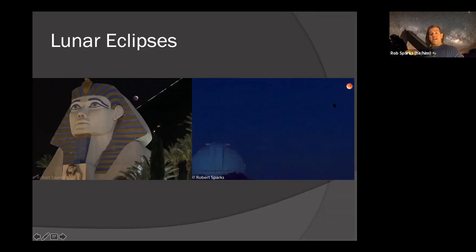And the one on the right is the January 31st, I believe, 2018 eclipse from Kitt Peak with the 0.9 meter telescope. I was on the roof of the 2.1 meter telescope taking this image at the time. That's why I almost said the 2.1 meter telescope. This is also where we saw the selenelion, however you pronounce it, where the setting eclipsed moon was in the sky at the same time as the rising sun. That was a very spectacular night.